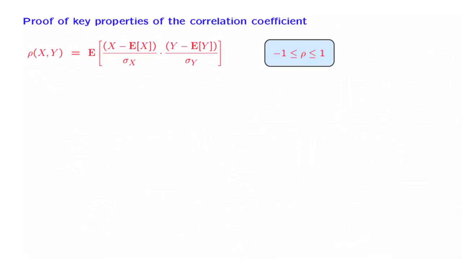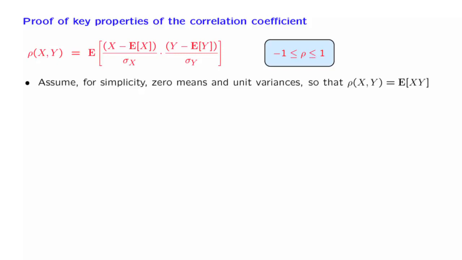The most important property is that the correlation coefficient lies between -1 and +1. We will prove this property for the special case where we have random variables with zero means and unit variances, so standard deviations are also 1, so most of the terms here disappear, and the correlation coefficient is simply the expected value of x times y. We will show that in this special case, the expected value of x times y lies between -1 and 1. But the proof of this fact remains valid with a little bit more algebra along similar lines for the